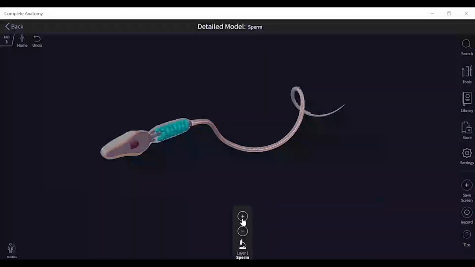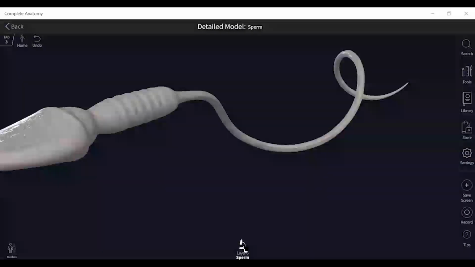If I go on adding the layer, what was present was half of the sperm. So you can see that this is a complete one. Now layer by layer I am able to remove it and show you the internal structures.